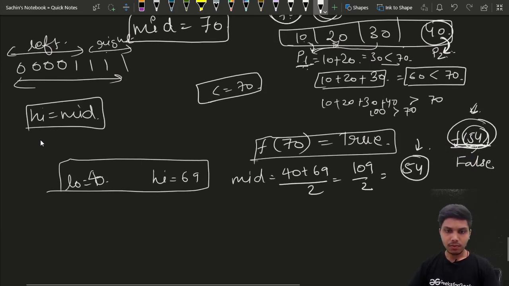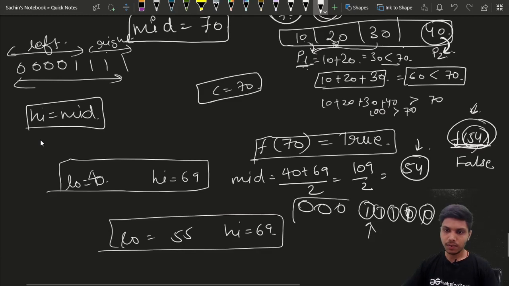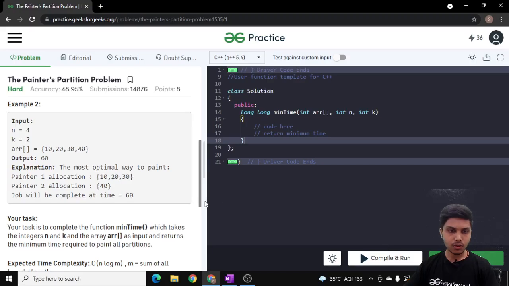In this way we will change our low to 55 and high to 69. So in this way, in the end, we will get our first true in the function, and that would be our answer. Here we will get our answer as 60.